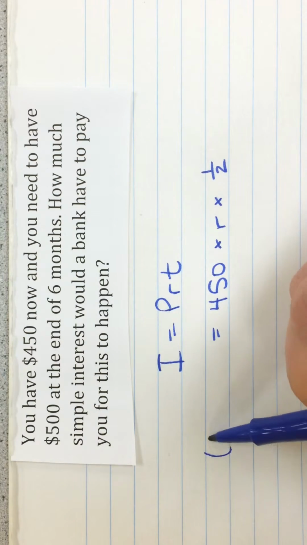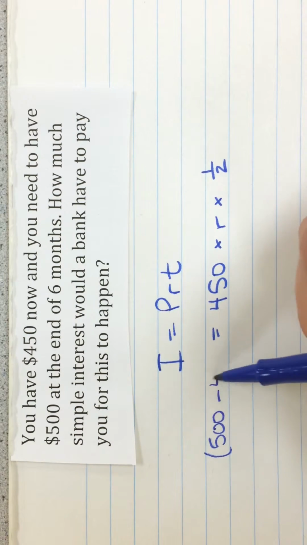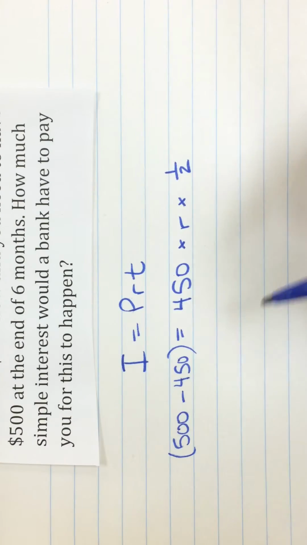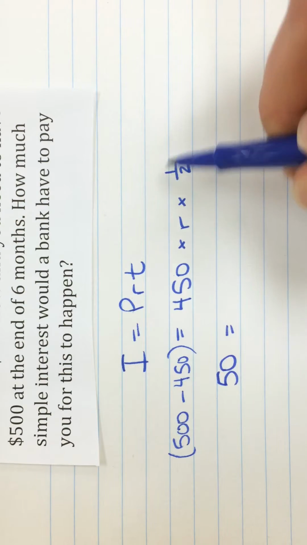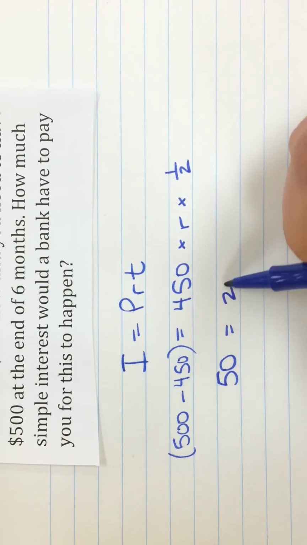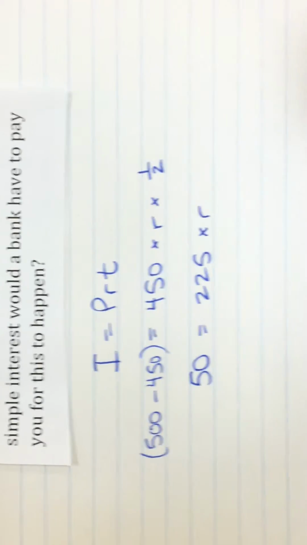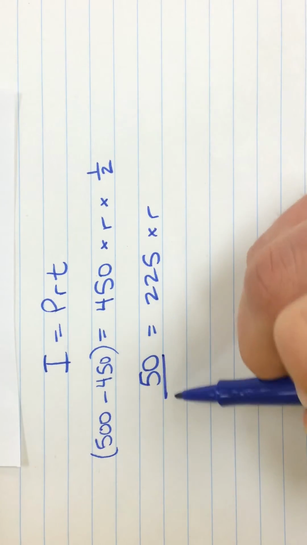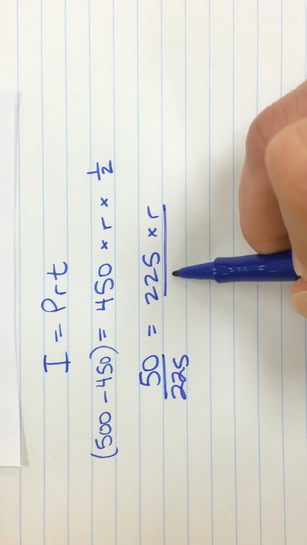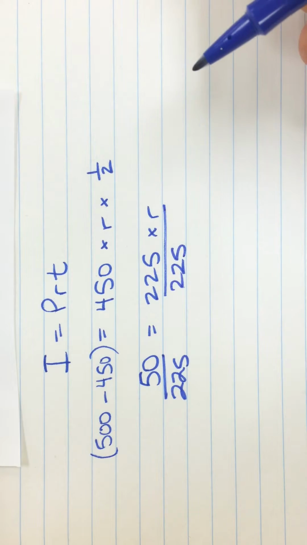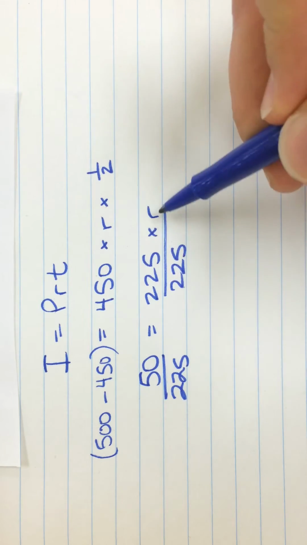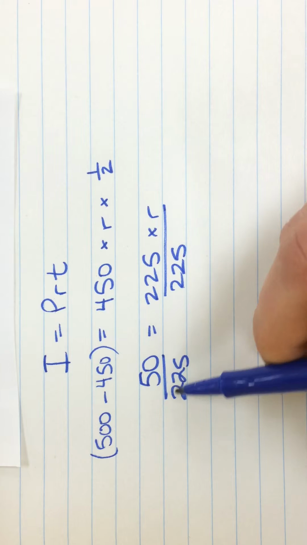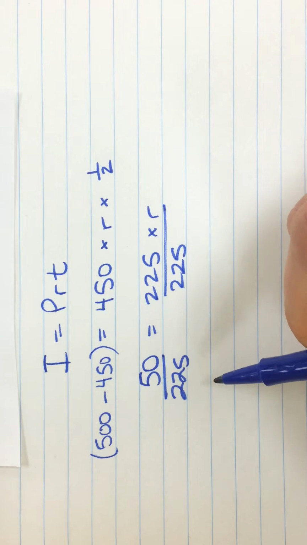Or I'm going to write down the whole thing here. I'm going to write down, I want $500. I only have $450. That difference is how much I need to earn in interest, which will be $50. Is $450 times R times a half. Well, I'll do the $450 times a half is $225 times R. Now I'll divide both sides by $225 because I want to get R by itself. These here divide out and you end up with just 1, and so 1R is 50 divided by 225, which